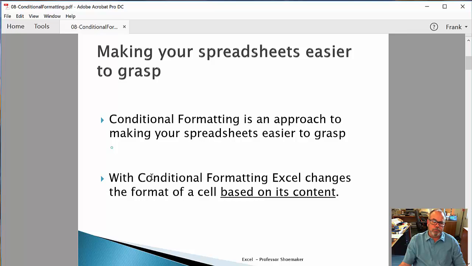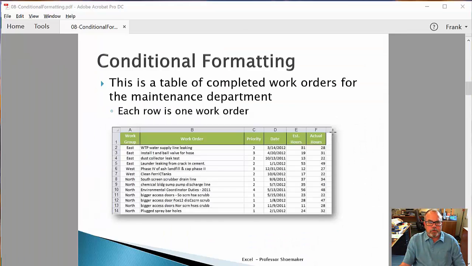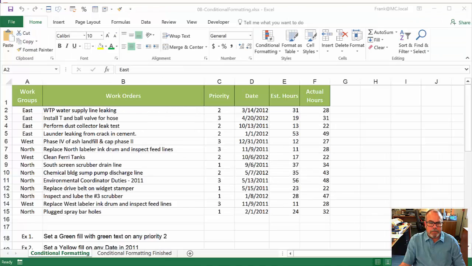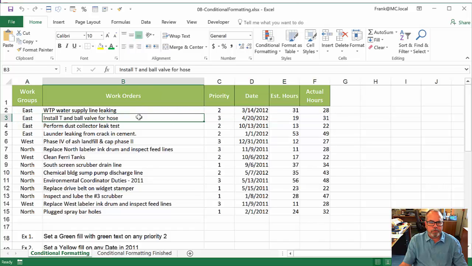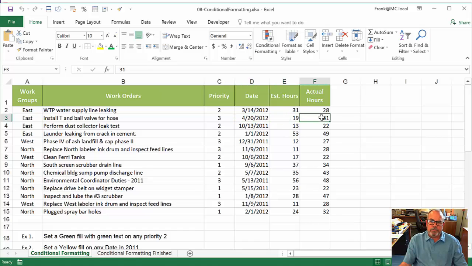The way it works is with conditional formatting, we can have Excel change the format, the colors, the fonts, the sizes, bold, italics, anything like that. We can change the formatting of a cell based on its contents. And we're going to look at this spreadsheet here, a set of work orders. Each one of these is a work order to go do maintenance in a factory, and it has a work group, a description, the priority, the date that it was supposed to be done on, the estimated and actual